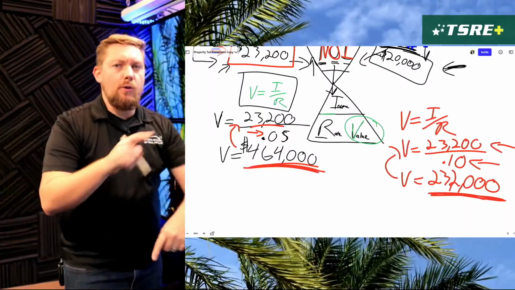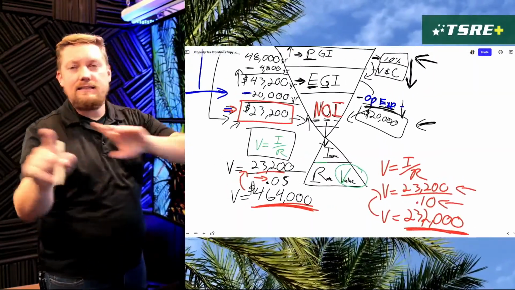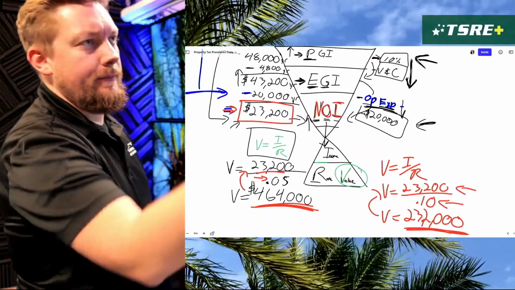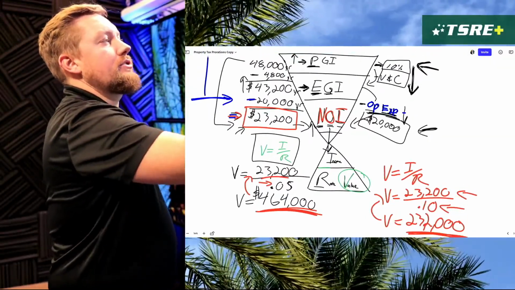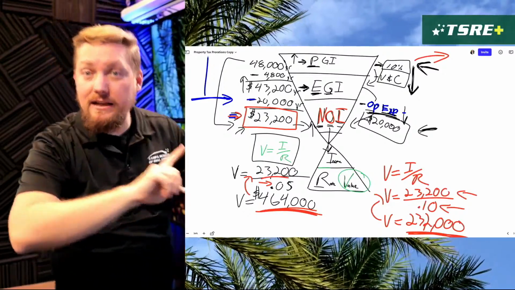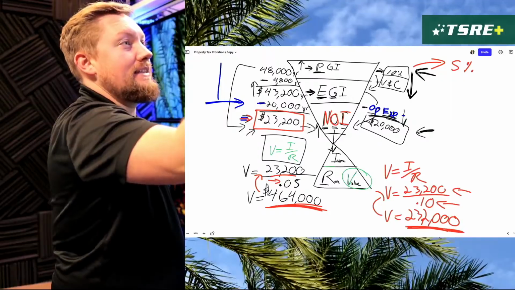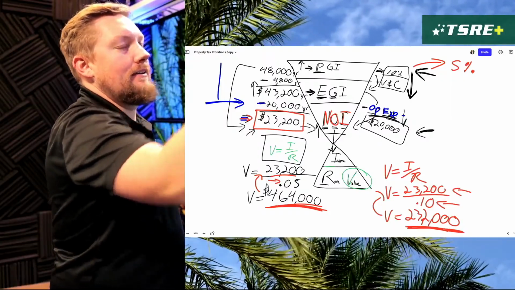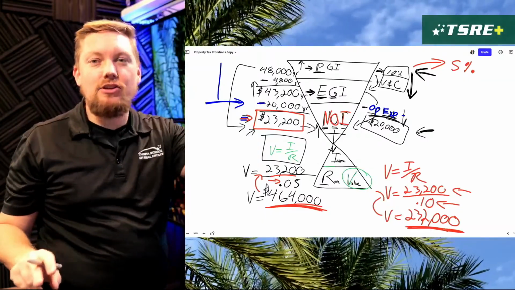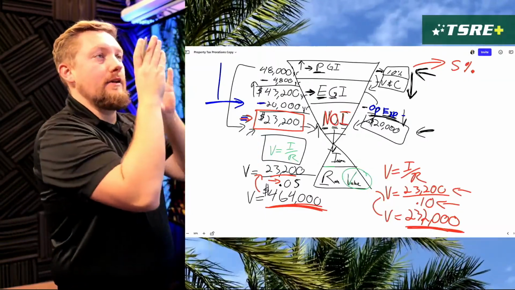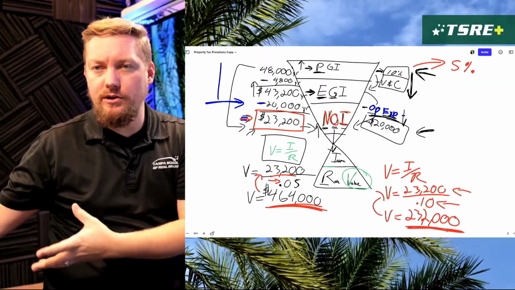Now let's go through this one more time and change this up a little bit more. And let's say we did some of those things we talked about. We're going to do this calculation again, but we're going to reduce our cap rate. We're not even going to raise the rents here. We're going to reduce our cap rate, or our vacancy and collection losses, I should say. Very important not to confuse these two percentages in this here. Vacancy and collection losses is what you don't collect because of tenants not being there. Cap rate is the rate of return for your investment, essentially.